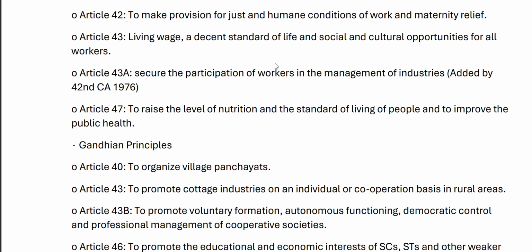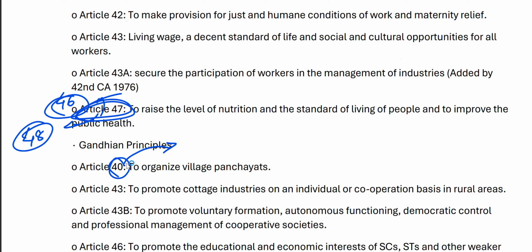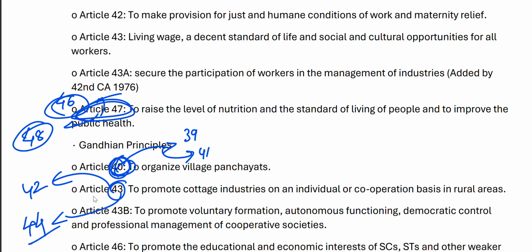So far we have seen three articles which have been implemented by the 42nd Constitutional Amendment Act. Now we don't know what is 46th and we don't know what is 48th. Here we are discussing 47th. When we are seeing the 40th article, we need to see what is 39 and what is 41. It is like a revision for 42 and then we are going for 44 as well. Right. 46 is not mentioned. So far we didn't study 46.